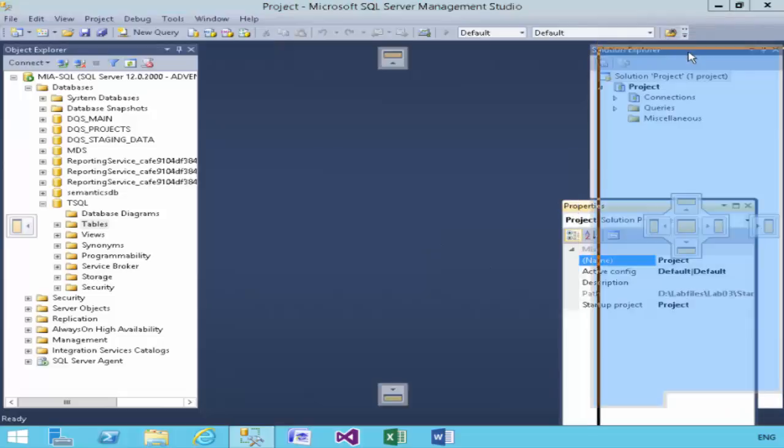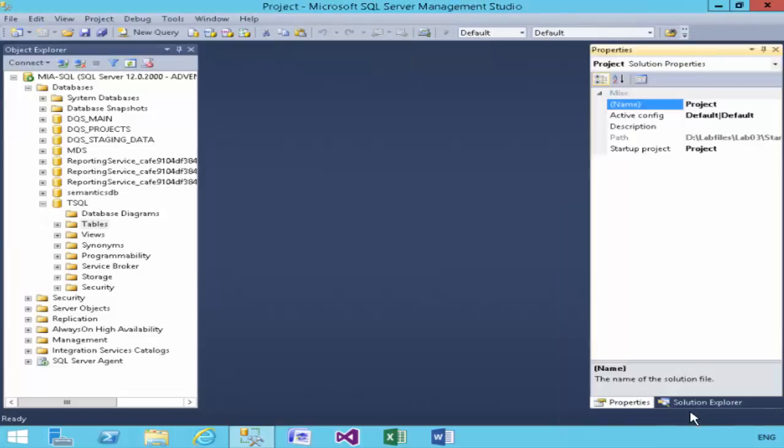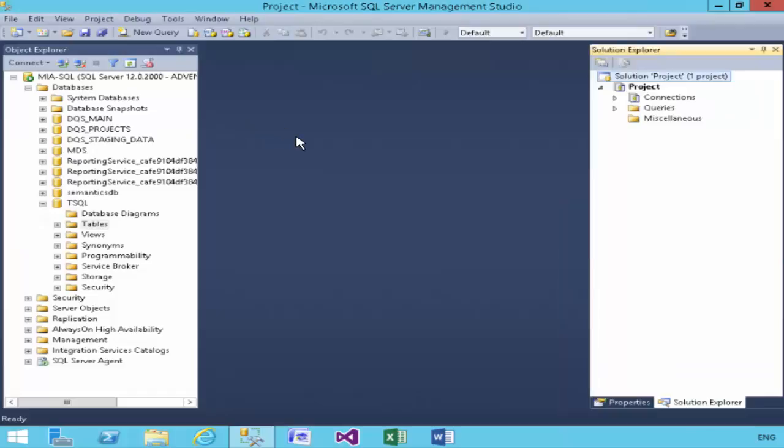Now in here you'll notice that Solution Explorer, which is the page you use to navigate any files which are part of the project, is not open by default and you have to open that up. I always like to have Solution on the right hand side and the same amount of real estate as the Properties Inspector. So I've docked it in tab mode on the right hand side.